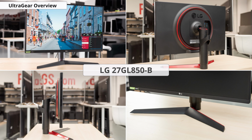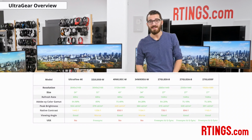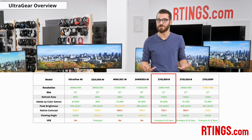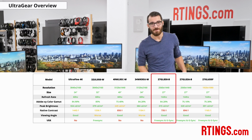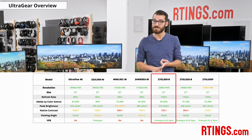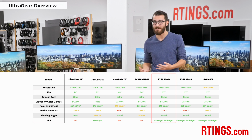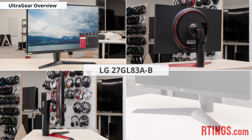The 27GL850-B is our recommendation for an UltraGear gaming monitor. It has low input lag and excellent response times with a 1440p 144Hz screen. It also has native FreeSync support as well as G-Sync certification, meaning the VRR will work with both AMD and NVIDIA graphics cards. There's also another variant of this model, the